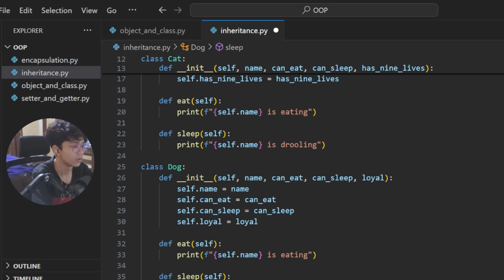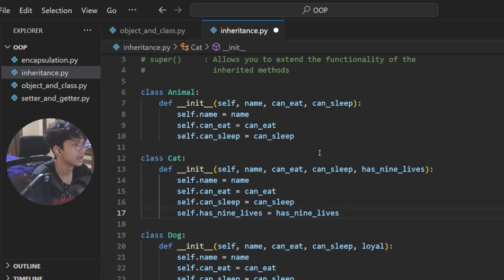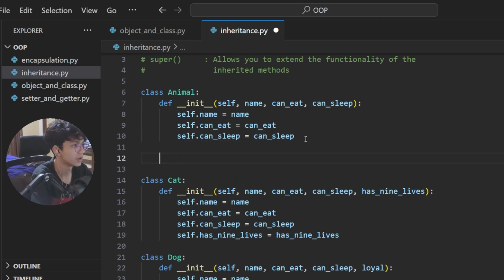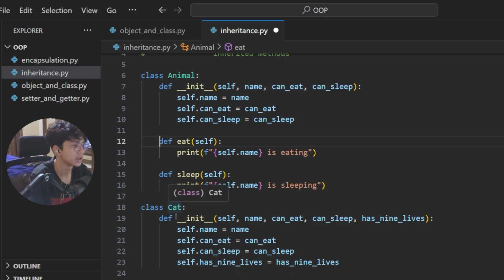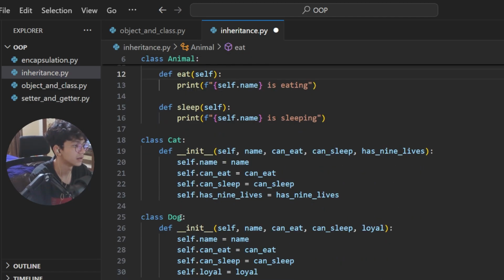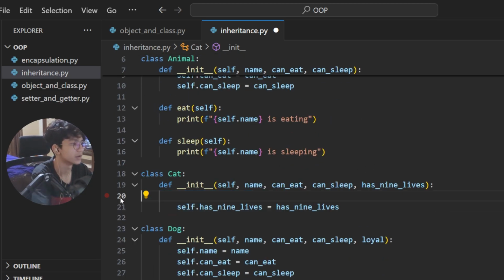So we're going to take all of this and just put it right into animal, because this cat or animal can sleep and can eat. Can a dog sleep and eat? Of course, they can eat and sleep because it's a living being. And then, because the animal has the name attribute, can eat attribute, and can sleep attribute, we're going to get rid of all of this,